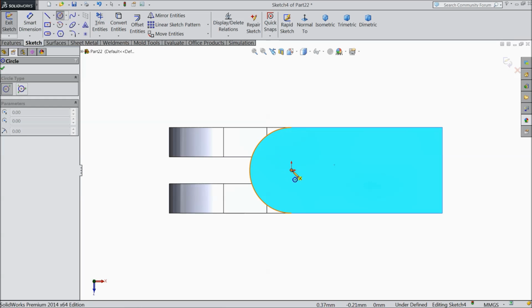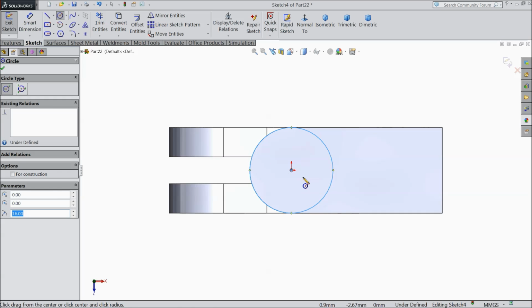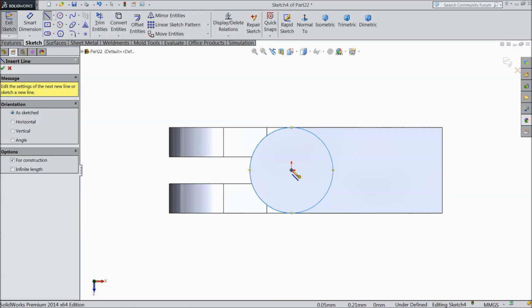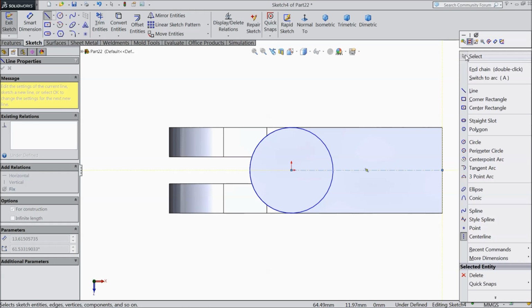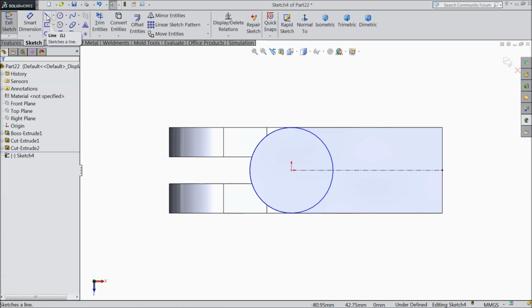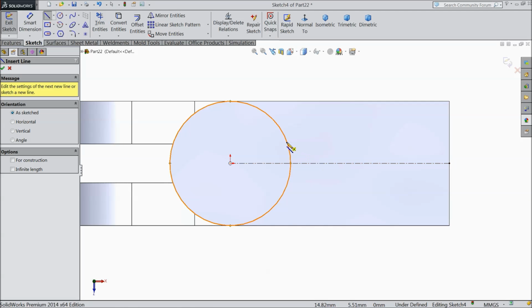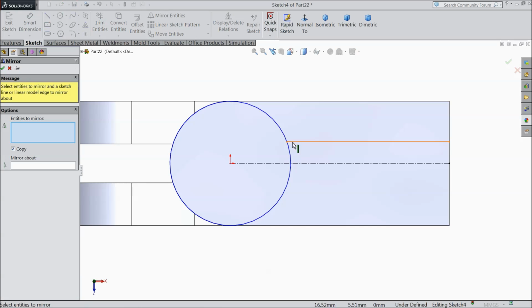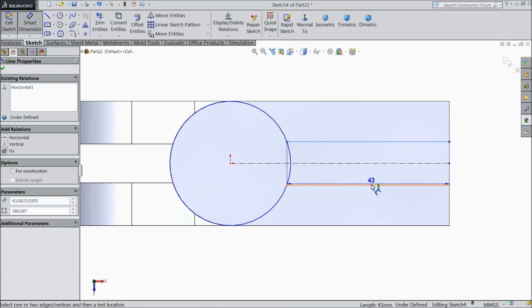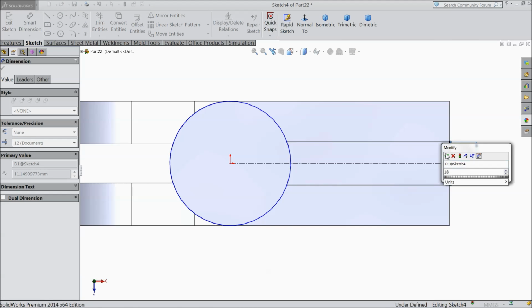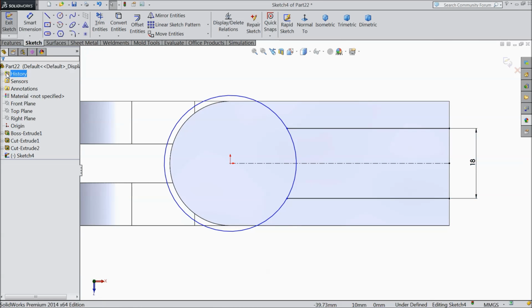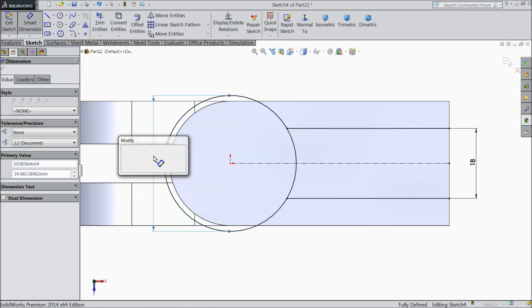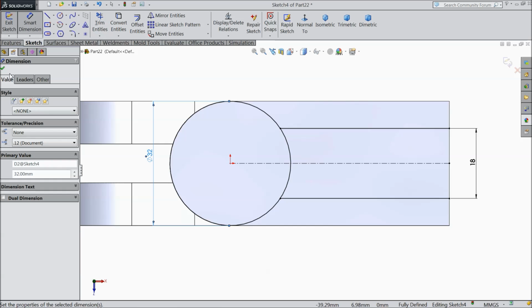First I will sketch a circle, draw a center line, connect two lines, just mirror this line, select this line and mirror about center line. Now define the gap between these two lines, keep 18 mm. Okay, and diameter 32 mm. Okay,